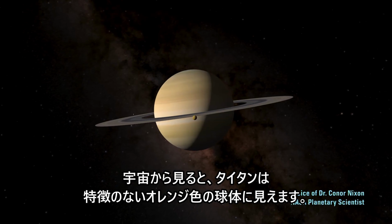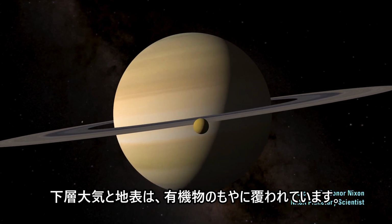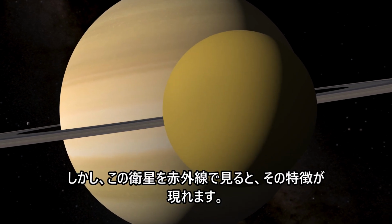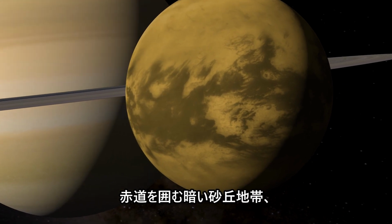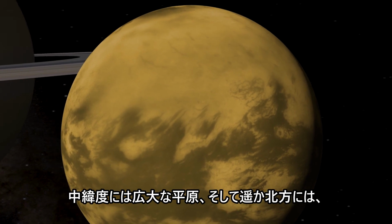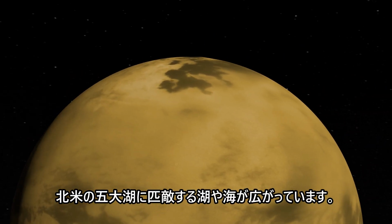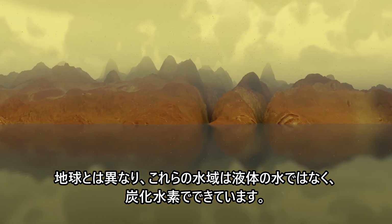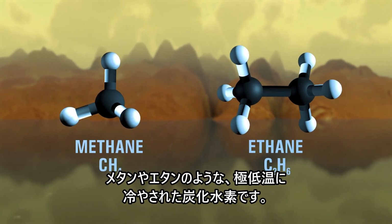From space, Titan appears to be a featureless orange globe, with its lower atmosphere and its surface hidden by an organic haze. But when we look at the moon in infrared, its features emerge: dark dune fields circling the equator, vast plains in the mid-latitudes, and in the far north, lakes and seas rivaling the Great Lakes of North America. Unlike Earth, these bodies are not made of liquid water, but of hydrocarbons like methane and ethane, chilled to cryogenic